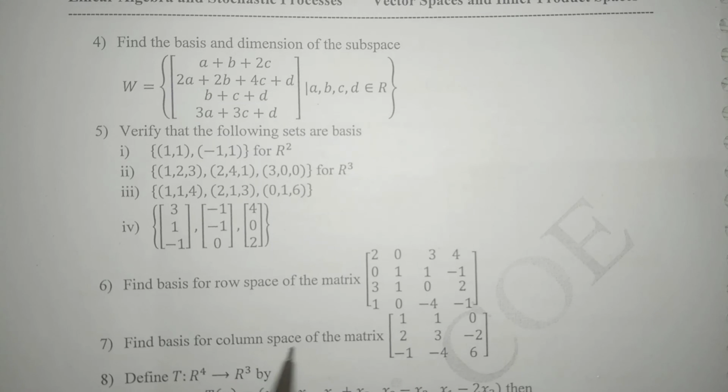Okay, once again, we are asked here to find the basis for the column space. So first of all, take the transpose of the given matrix, that means columns become rows. Use row operations and convert the matrix to echelon form. After converting to echelon form, take the transpose again, so you will get the original matrix form, and whatever non-zero columns you get form the basis for the column space. And the number of elements is nothing but the dimension. So solve this for practice.